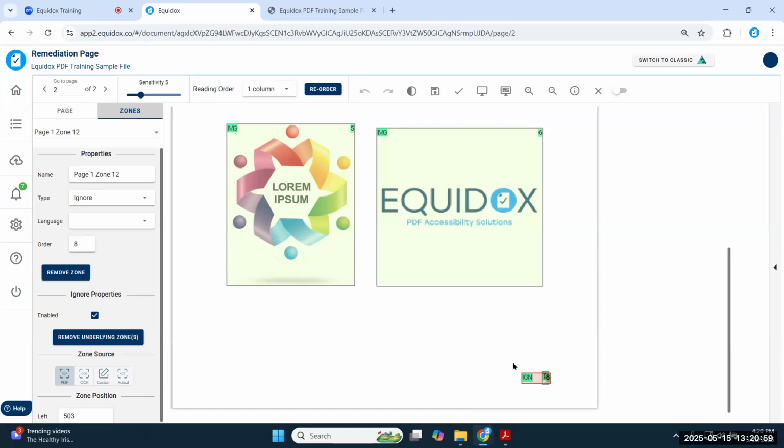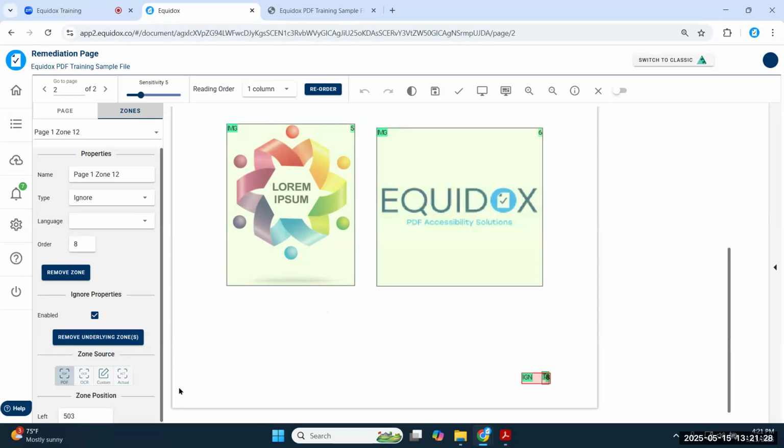I will say this, don't completely fall in love with the ignore zone. Don't just start using it willy-nilly all over the page. They should never be in the middle of the pages. I can't think of a single example when it would be appropriate to put an ignore zone in the middle of the page, because it might be fine for the page you're currently looking at, but you could be inadvertently artifacting important content later on in the document.